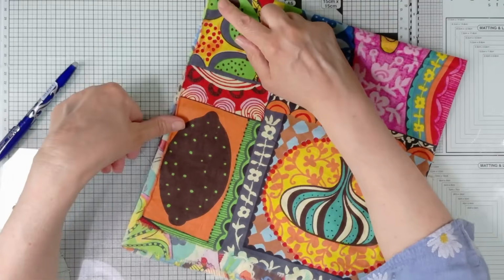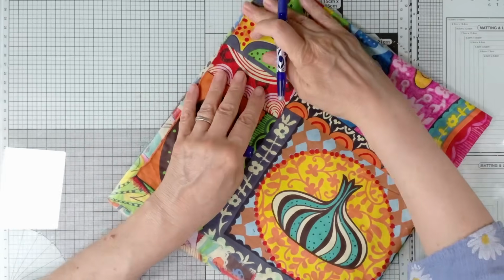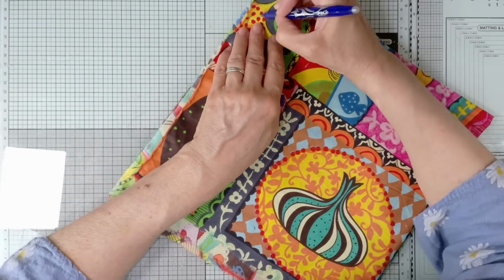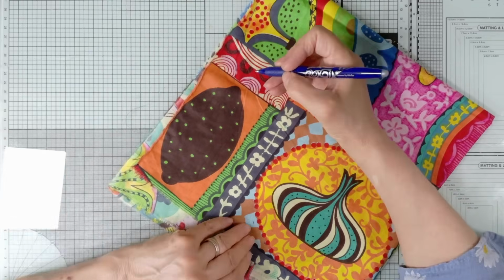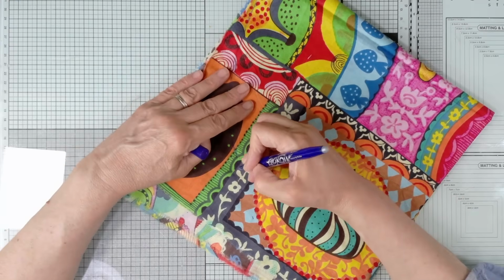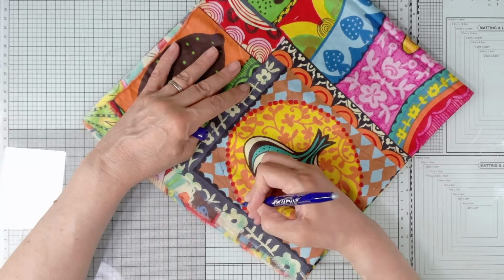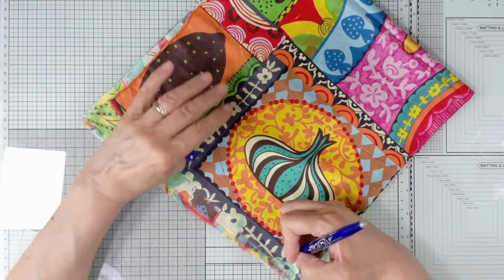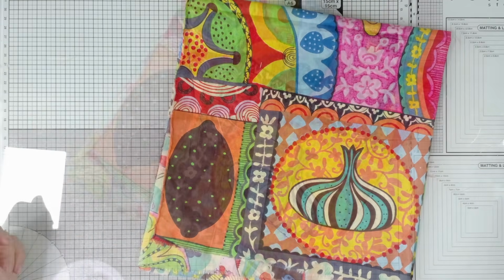I've now got this little series of dashes that I've made with my pen. All I'm going to do now is link them up to make a circle. And then when I open it out, I might need to tidy it a little bit, but we'll see. As I always say, embrace the wonk. We're not making a fitted garment or something here. Accuracy isn't paramount here. Okay, so I've got my circle there,